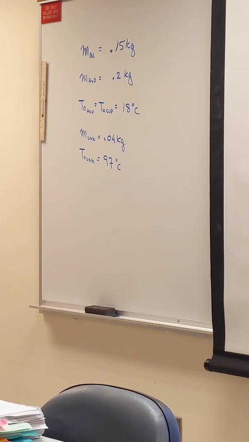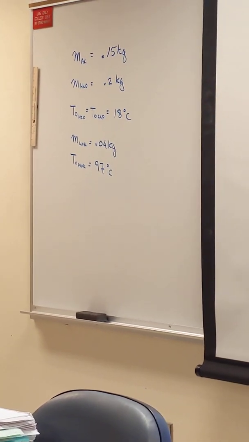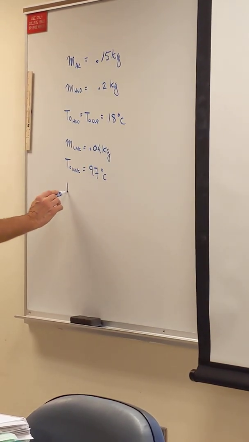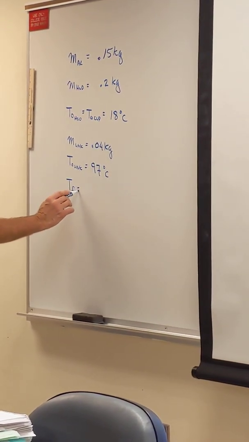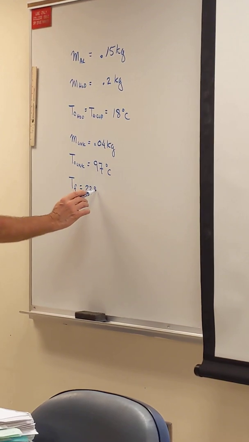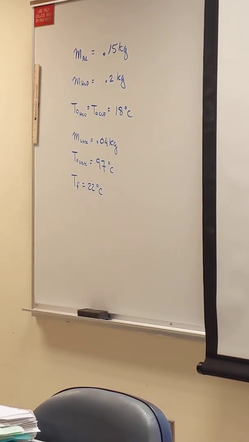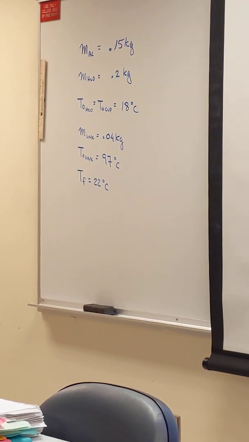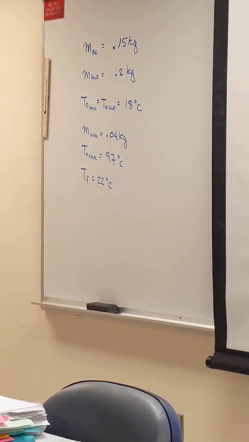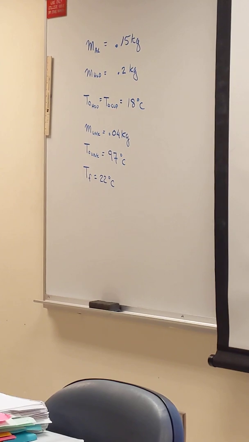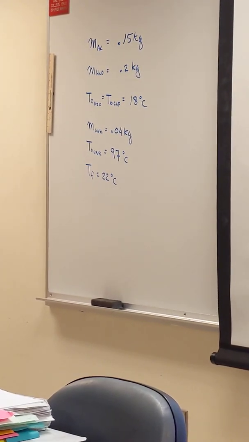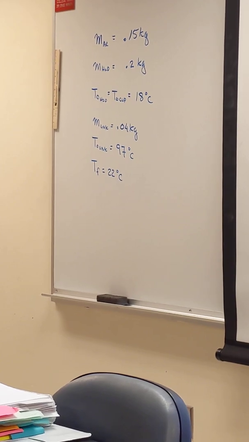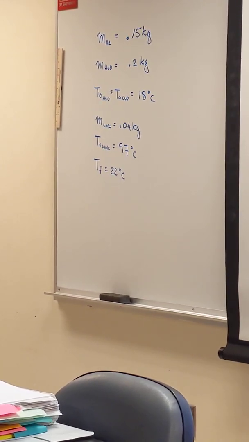Anything else I need to know? After thermal equilibrium is reached, the temperature of the water in the cup and the material is 22. So T final of all of it is 22 degrees Celsius. We want to find the specific heat capacity of the material. So this is typically what you'll do. You'll take an unknown material, you'll find its mass, you'll add it to a known quantity of water,